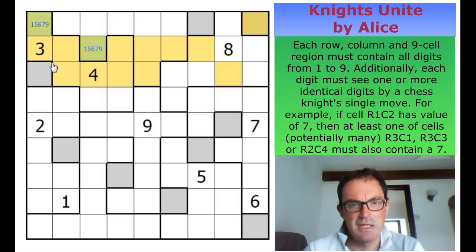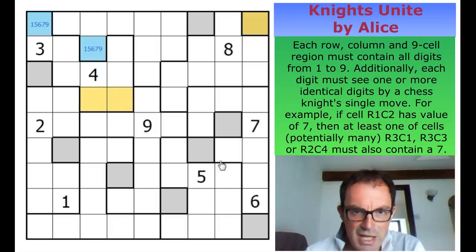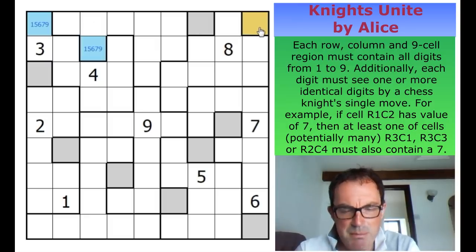That is fascinating. So actually, therefore, this square can't be a 3 or a 4, because whatever goes into this square has to actually appear in one of those 2 positions. That is bizarre. Let me just, if you don't mind, check that, because that feels quite extraordinary. So whatever we put in this square, let's just imagine it's